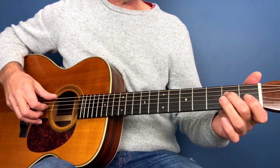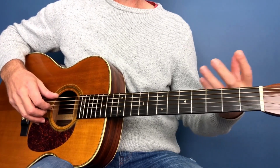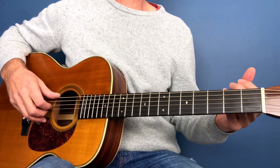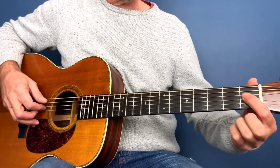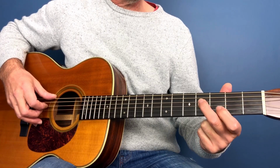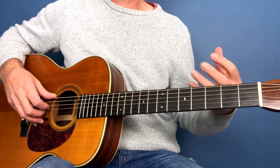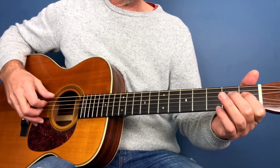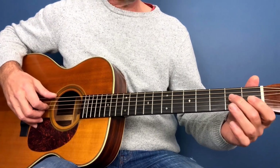So where does it go after that? Right, so that sounds right. Now this is how we get to this stage of being able to pick out melodies. It's just purely experimenting and taking the time and enjoying the journey, okay? So this is our first note, this is our second note, and then back to there, and then it goes to there. Sounds right, doesn't it? And this is how we build it up. We think, okay, is it this? Well, that isn't right, so... That's better, so it must be that. So it's a process of elimination, yeah? So we've got...